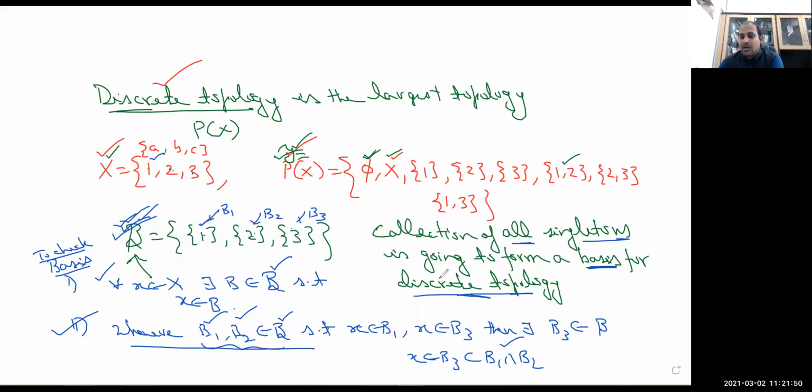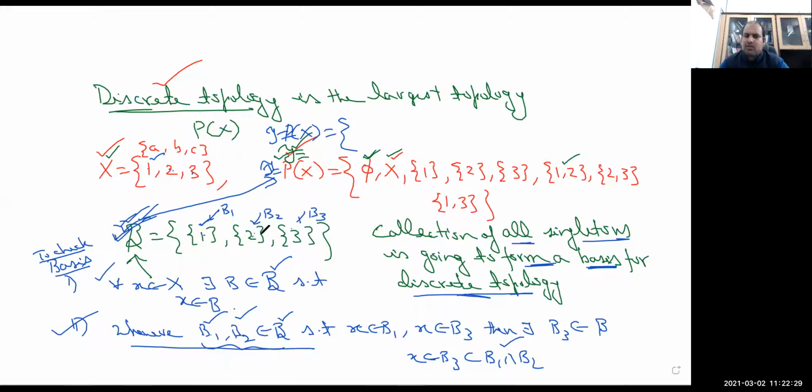So this is what is written, that the collection of all singletons is going to form a basis for the discrete topology. Now, next question, basically, when we proceed, we will see that once the basis is given, we take arbitrary unions, and put phi and X along with these sets. Now, from this basis, how will we generate this topology? It's given that the collection of all singletons will form a basis for the discrete topology. And once a basis is given and you want to generate the topology, in layman's terms I can say that to generate this topology, what we will do,